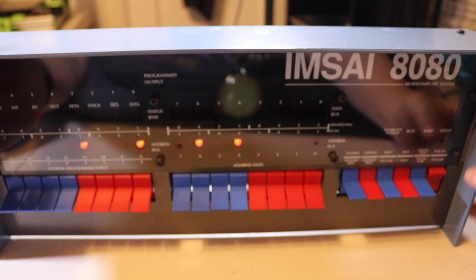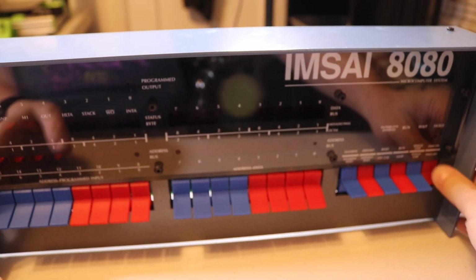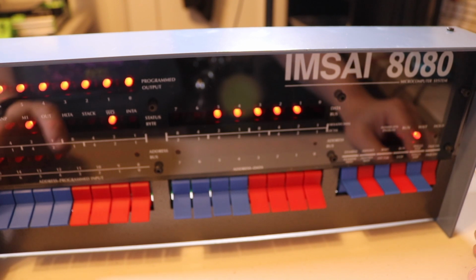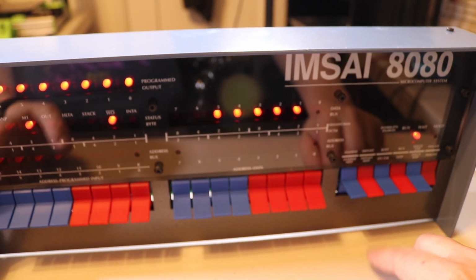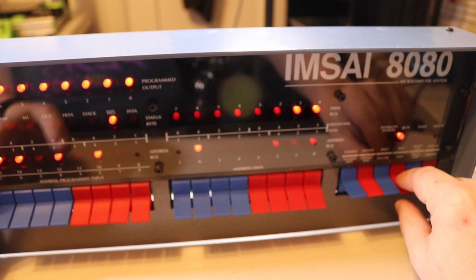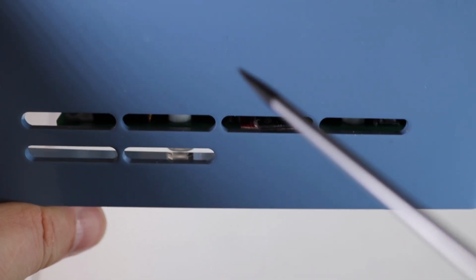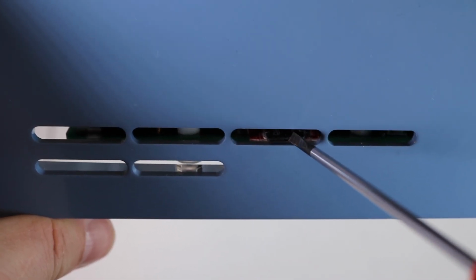And I'm going to go ahead and hit the reset button on here. And then we're going to power it up like normal. And we're going to go ahead to run. And now it's actually running CPM. Unfortunately, while installing my air conditioner, I